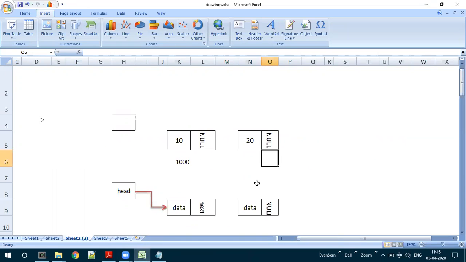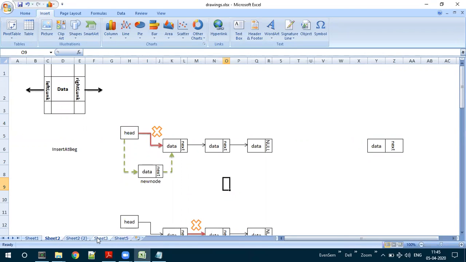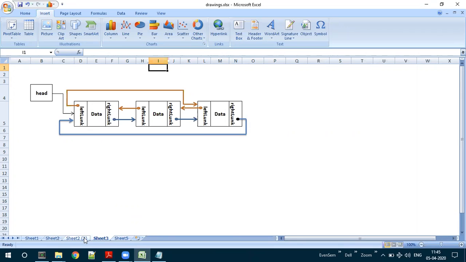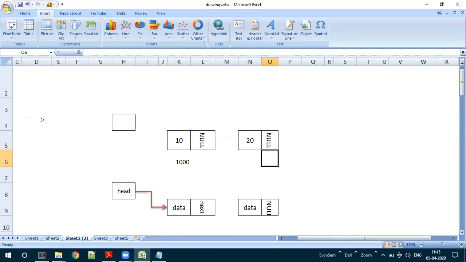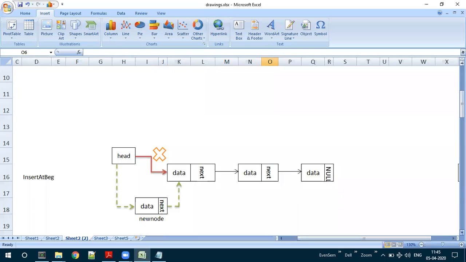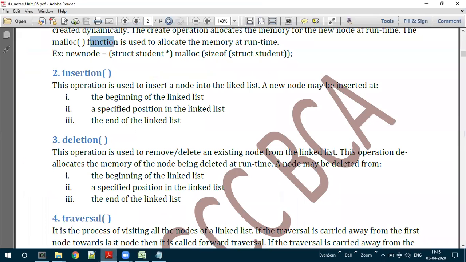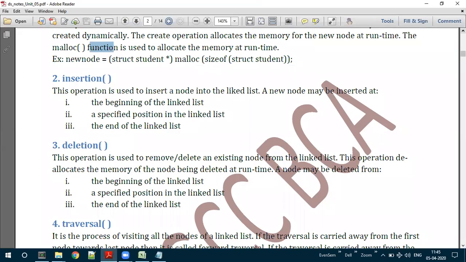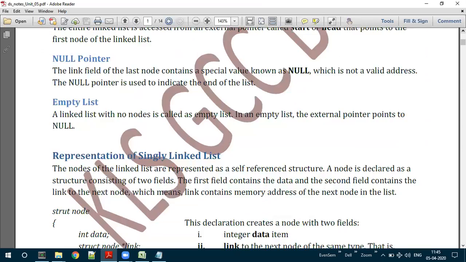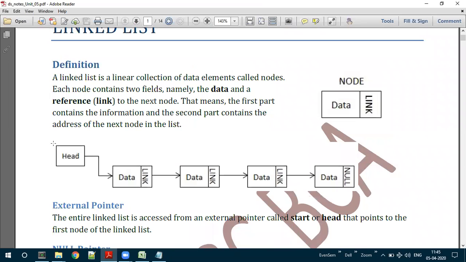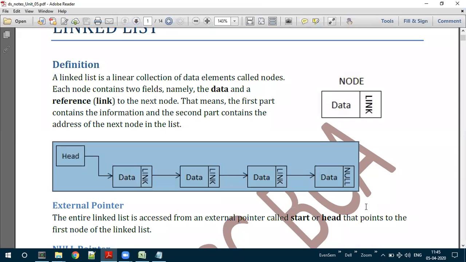Suppose, let me take one particular example. I don't have that proper diagram as of now, so let us see here. Say this is a particular node, this is the linked list what we have.